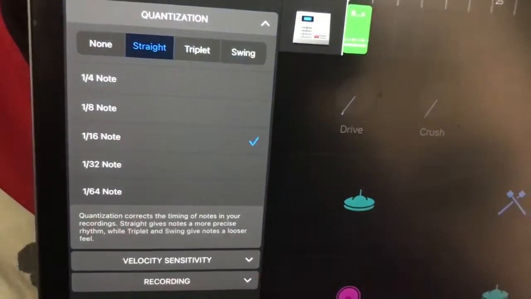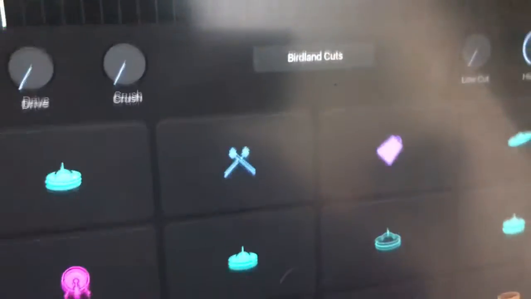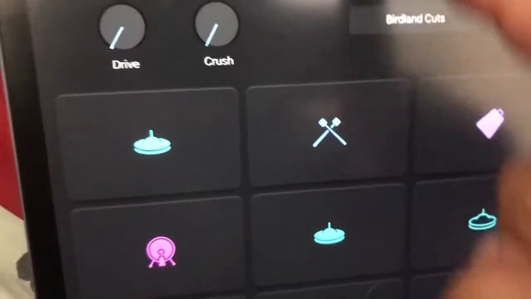Right here, you could turn it off if you want, so that it plays exactly what you want. I usually just keep it on just to help me out, but you can change it to triplets or swings or whatever. You can read it down there to understand it a little more. And then the cool thing is that I just did this, but I can record over that too. So I can be like,